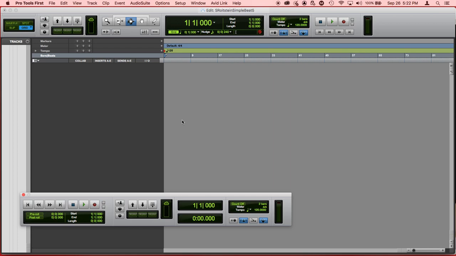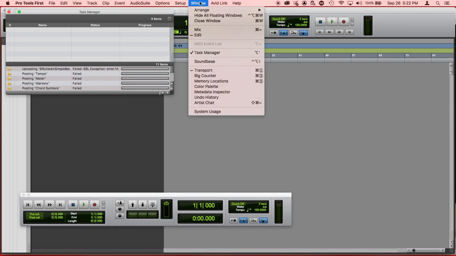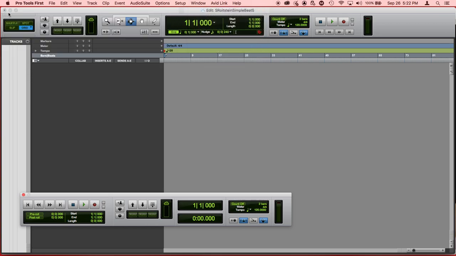Okay, I'm trying to hide the task manager because it keeps updating me every time it sends information to the cloud, and I don't really want to do that, so I'm going to try to make this invisible, but it's not cooperating so far. Anyway,